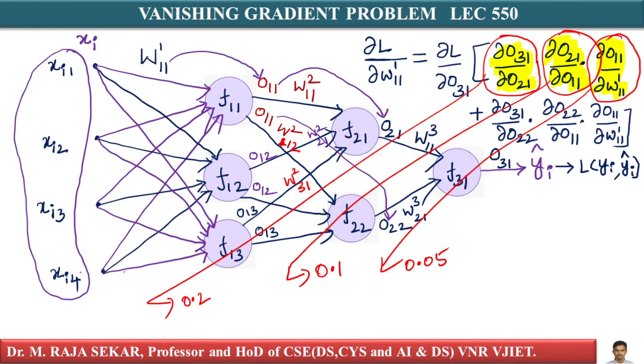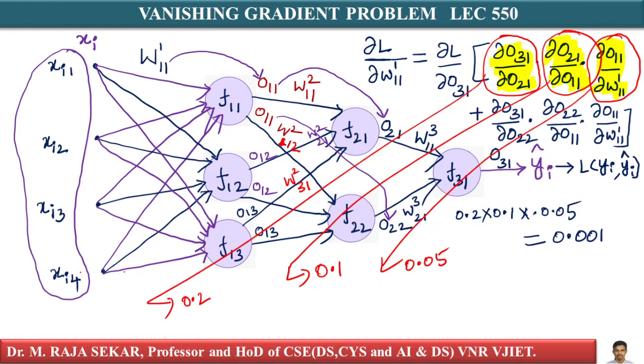Let's focus on the first part. As these values lie between 0 and 1, I am assuming dou O31 by dou O21 is 0.2, dou O21 by dou O11 is 0.1, dou O11 by dou W11 is 0.05, and you are multiplying all of them. When you multiply these three numbers, what will you get? I will get